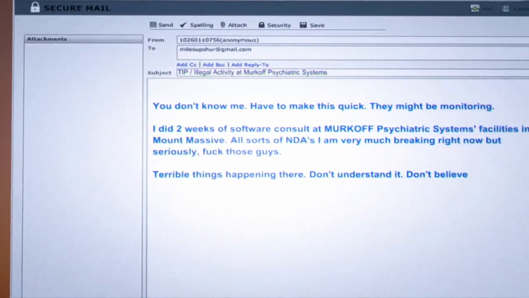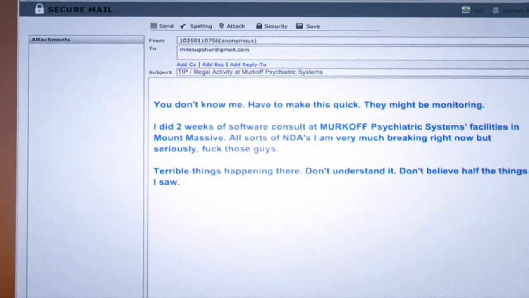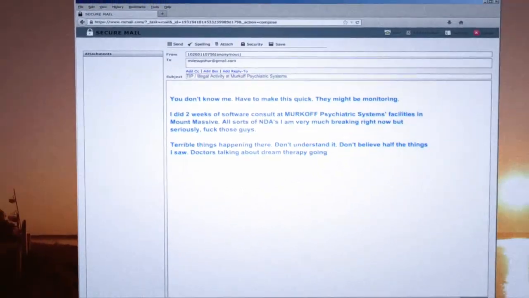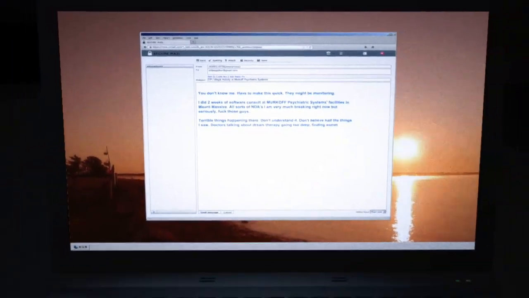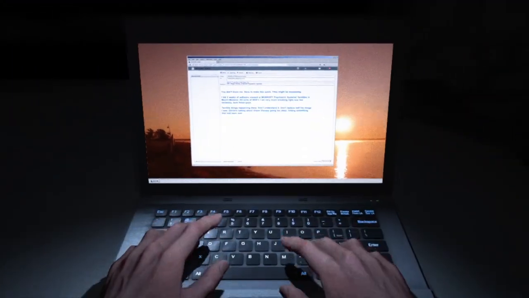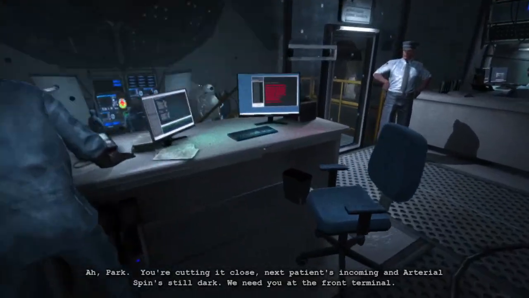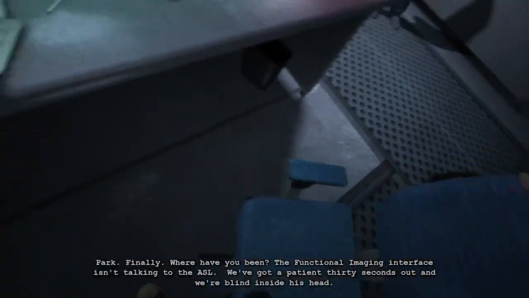It goes back in time to where we see us writing an email to Miles. In fact, we are Wayland Park, the person who leaked Miles all the information about the asylum. And right now we are writing the email and sending it to him. As we were writing the email, we were interrupted to come help with the morphogenic engine.